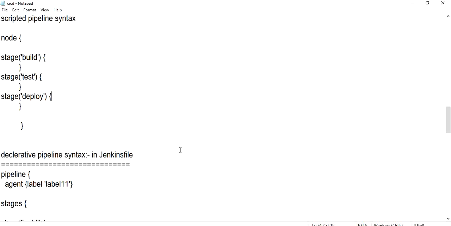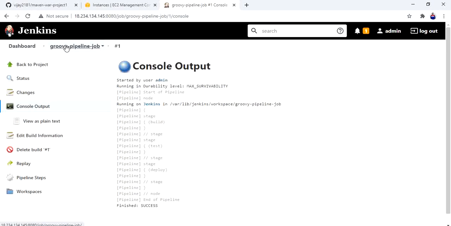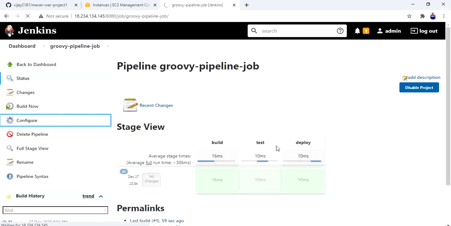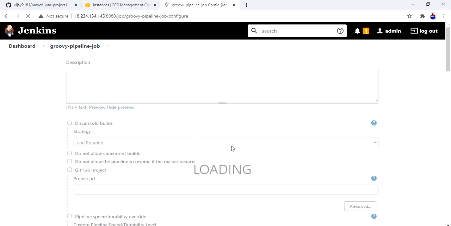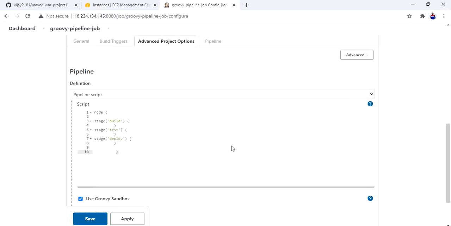And next we'll go for declarative pipeline syntax. If you have small code, we can also execute declarative pipeline syntax here.